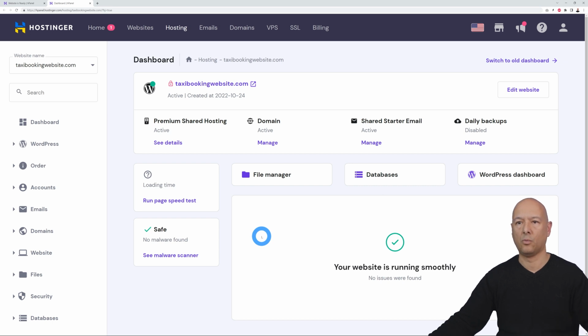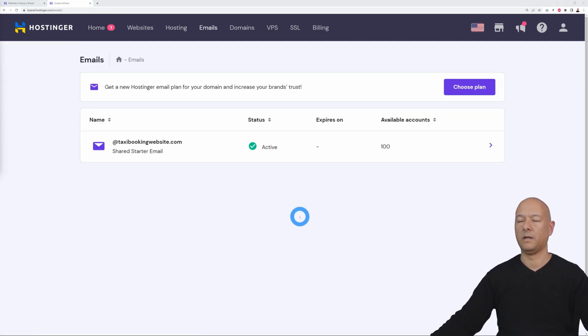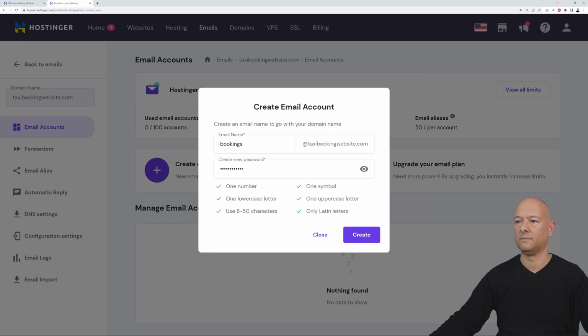So now I'm just going to show you one more thing, which is how to create emails linked to your domain name. So for this, we go to emails, click on this, email accounts, and then click on the account to which you want to create emails for. Very good, and now let's click on this one here, the big plus sign. And from this screen, all you have to do is put the email address that you want to create. So for instance,